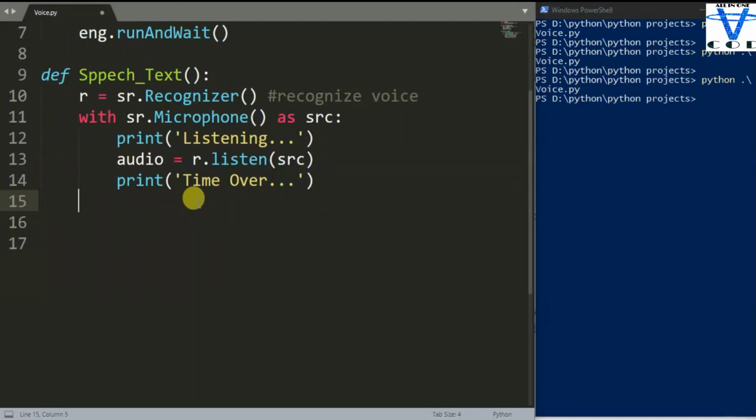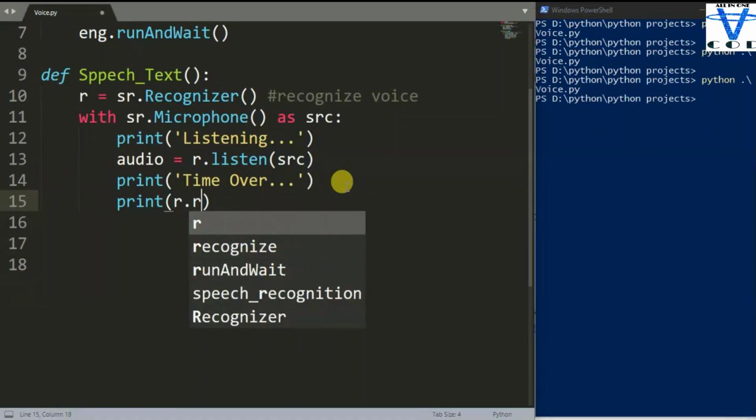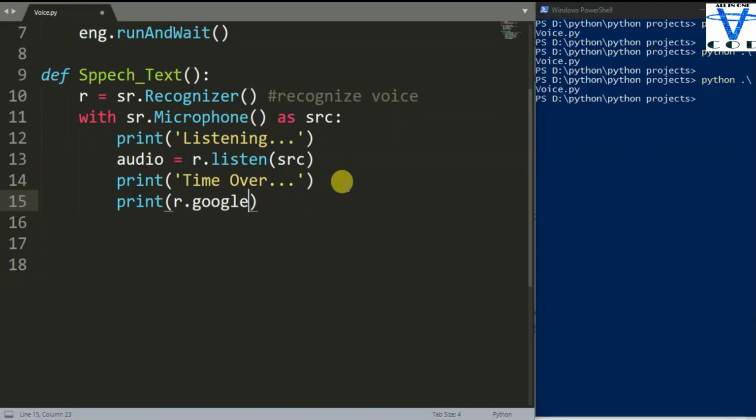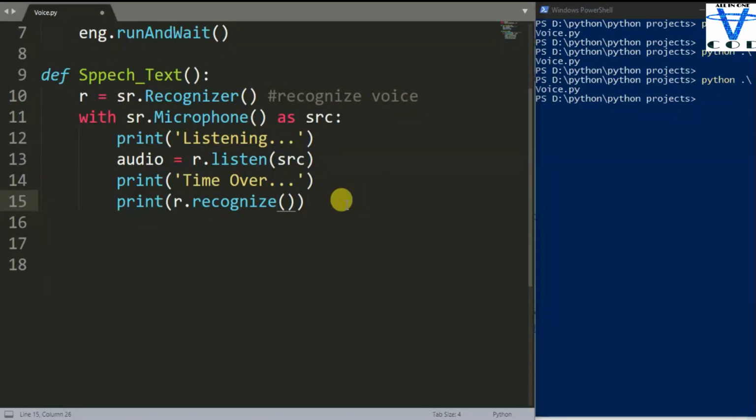Print r dot recognize Google. Sorry, I flipped the function. The function is recognize Google, and we have to pass the audio.